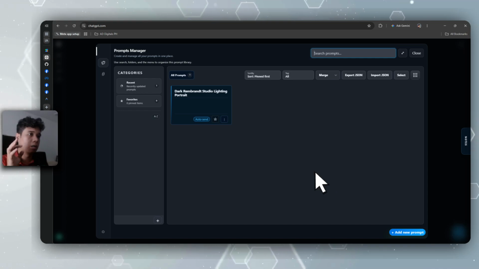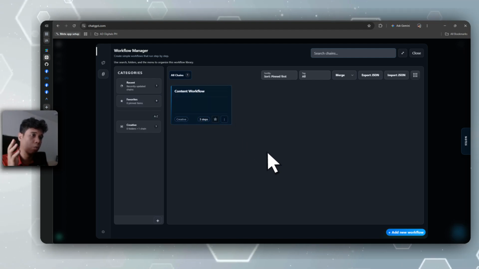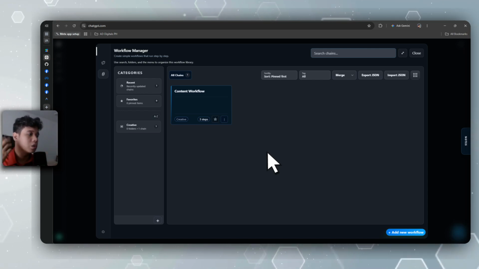Una sa lahat, you can save singular prompts, like isang one-step prompt lang, and then you can save prompt chains, which is here, workflows, right? So what this means is na-automate mo yung pag-send ng prompt inside ChatGPT, which means that if you have a